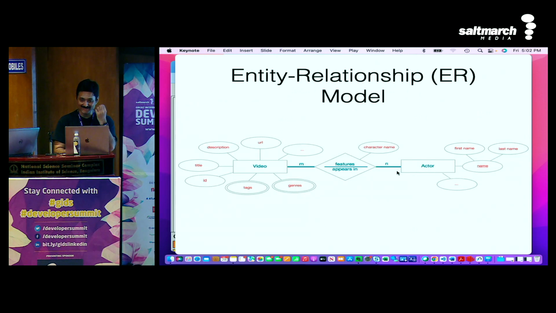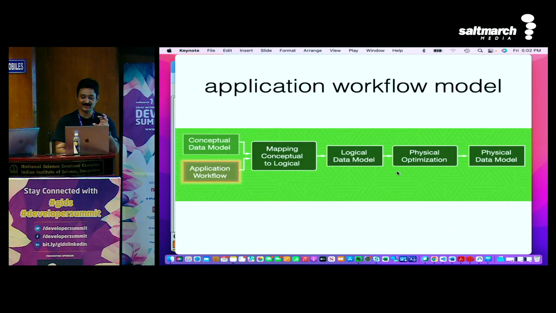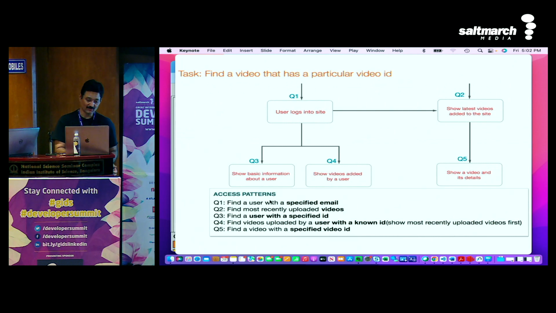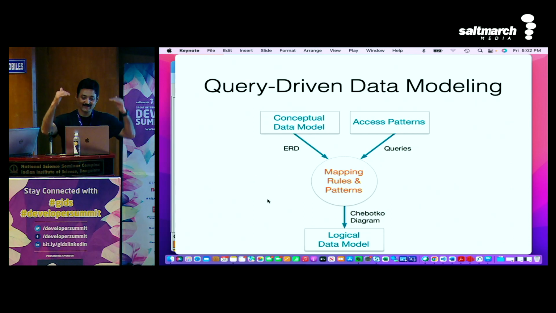Now the abstraction is removed. Now you are going to create the ER diagram based on it. Once you have the ER diagram created, you add the application flow to it. Once the application flow is added, you get the queries which are lightning fast. Okay? Now the queries are created. We create the ER diagram with queries and create the logical data diagram. This is kind of, we are creating materialized views. That's what we are trying to do here.